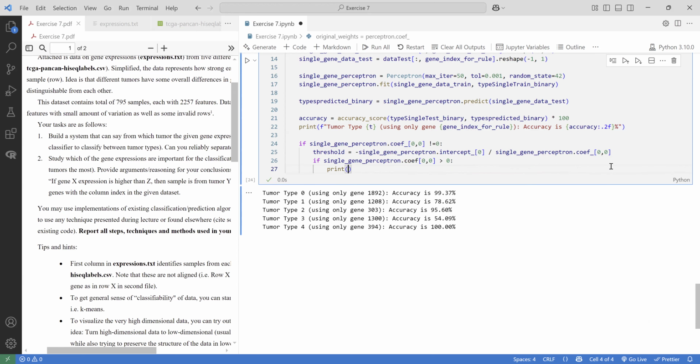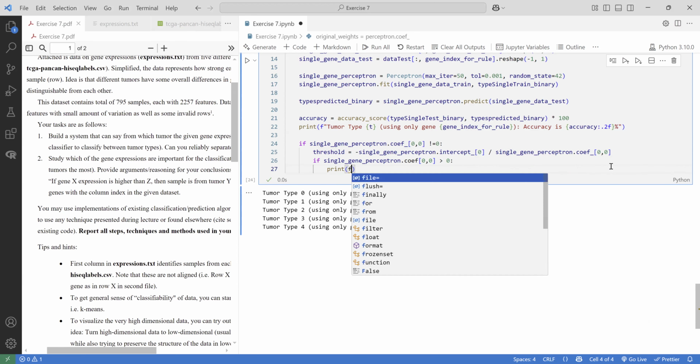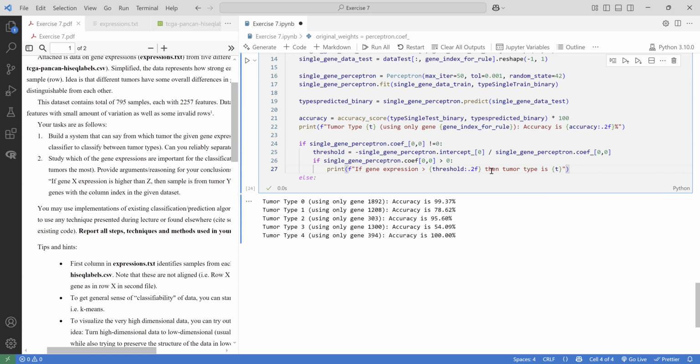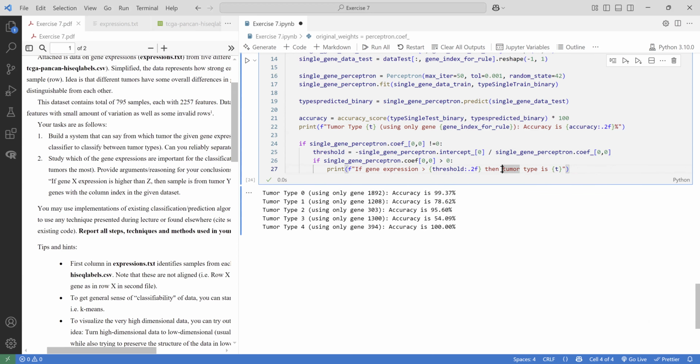Maybe we'll use a different wording. If gene expression is larger than threshold, then the tumor type is likely